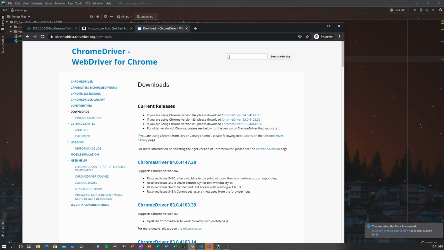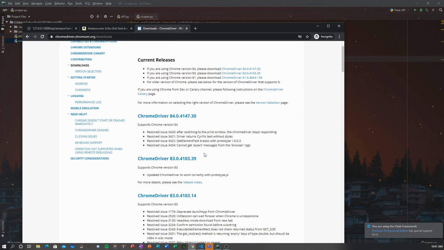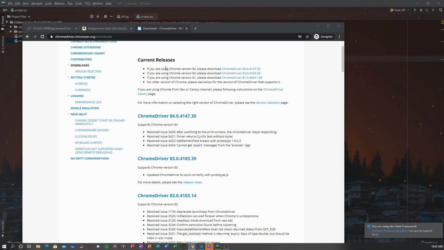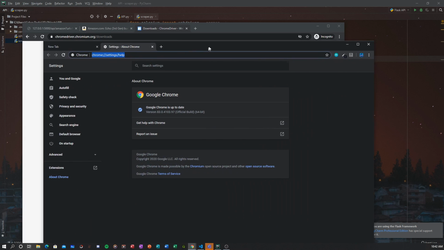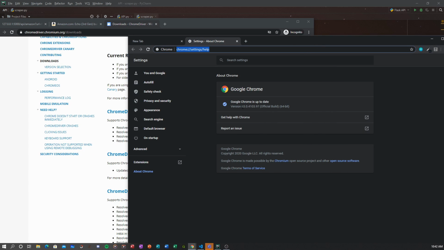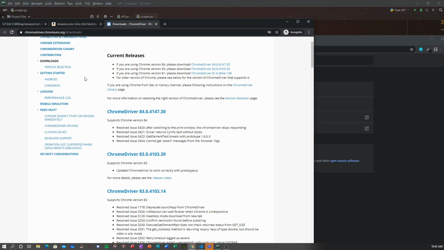To find out which one you need to download, go into your Chrome settings, go to help, and go to about Google Chrome. When you look for this, you'll see the version number here. Accordingly you can download.